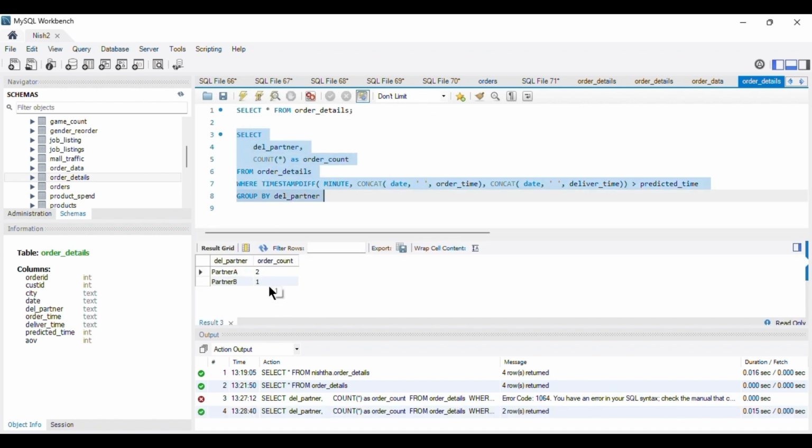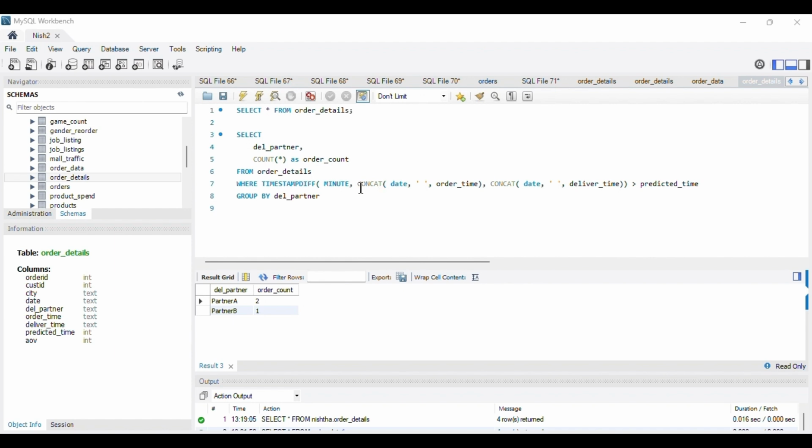So we can see that we have got our output with the delivery partner and the respective count of delayed orders. So let's break down the solution. I'll quickly explain everything over here. We have used the concat of date and order time to combine the date and order time into a single date time value that represents when the order was placed.